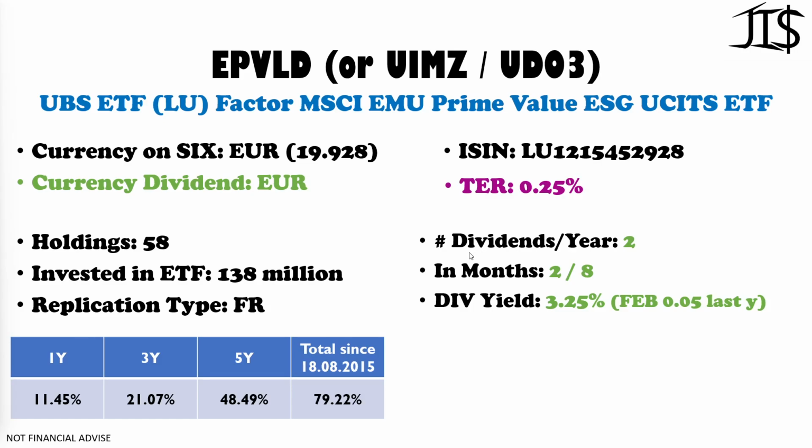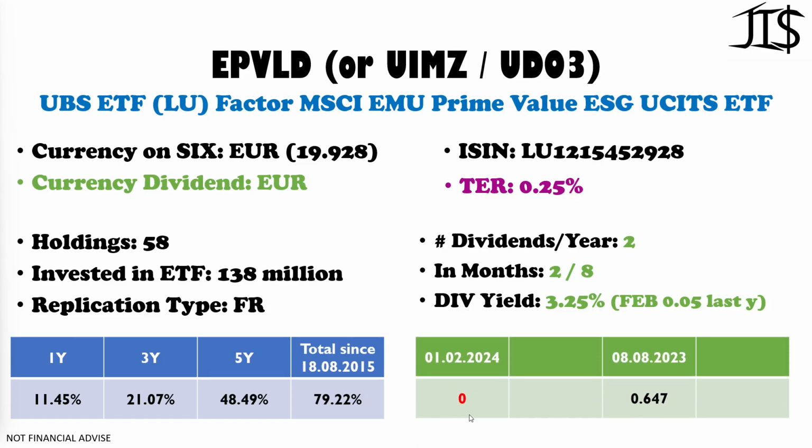And then you also have 2 dividends per year, but just as in the previous video for the USA multi-factor ones, here UBS has a payment of 0 in February as well. Okay, in February last year it wasn't that high as well, 0.05. That's because the dividend payments of course start in March till beginning of June. So in February there isn't much to distribute yet in Europe. So that's why I think it's only 0, but yeah,